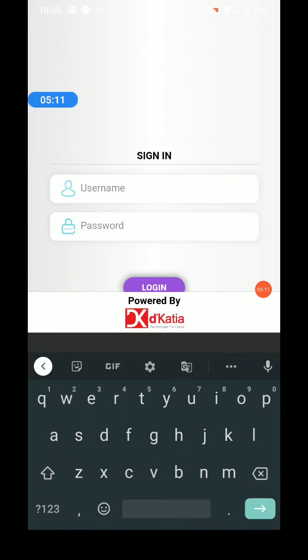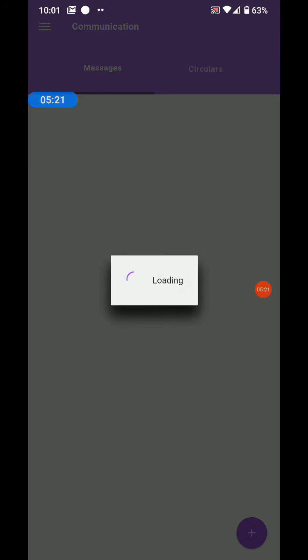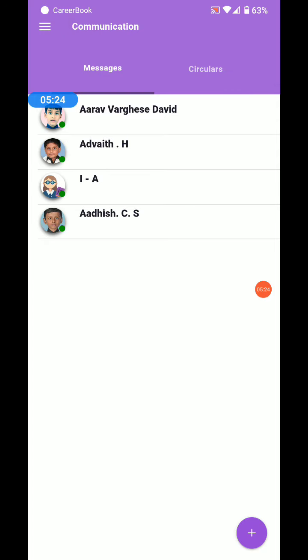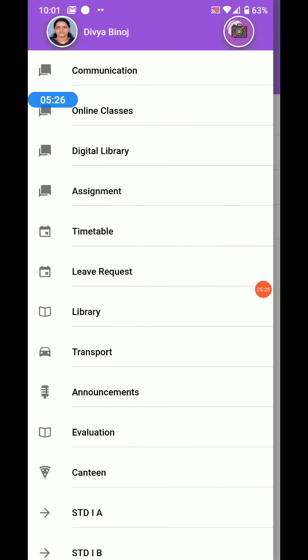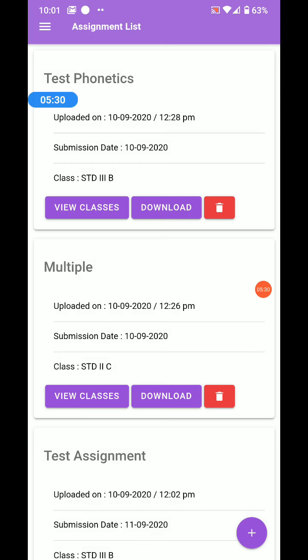Now we'll see how the teacher can view the submitted assignment. Click on assignments. Click on view classes.